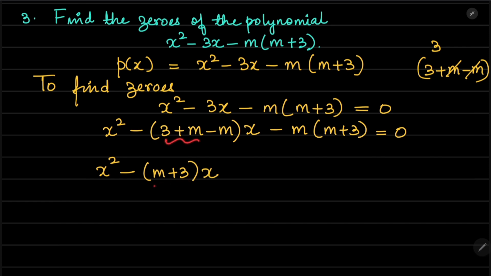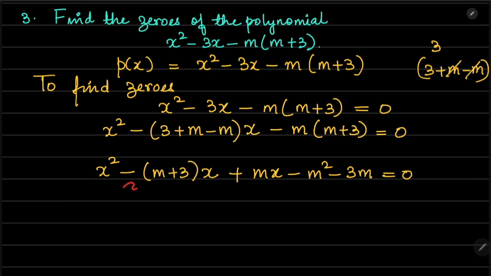3 plus m plus 3, it's all same, into x minus mx. There is a minus outside. So when you open the bracket, minus into minus is going to become plus mx, and then minus m square minus 3m equal to 0. I just opened this term as well, right? Minus m into m minus m into 3,